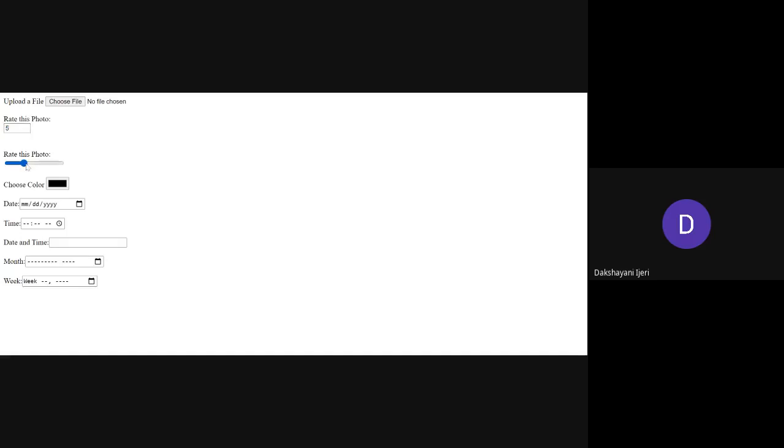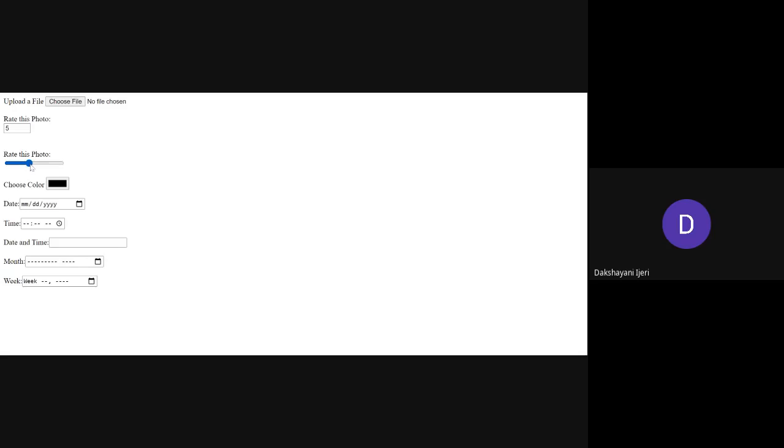So the same way you can also see here one more kind of input that we have created here, this one. So this is for taking a range, but here the user will not be able to see the numeric value that is being given once he increases or decreases this range over here, right? So by default it is going to increment by one position, or decrement by one position. Why? Because you have used the step attribute over there, right? So what kind of element have we used here? Input type is equal to range, right?